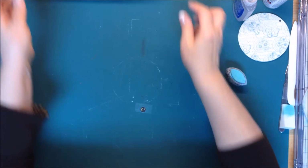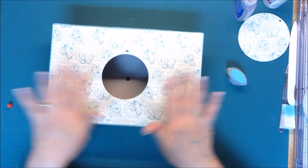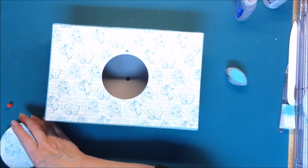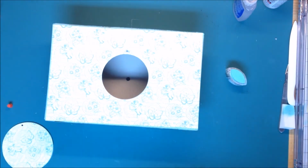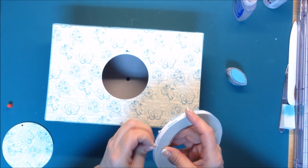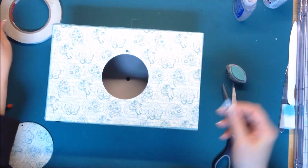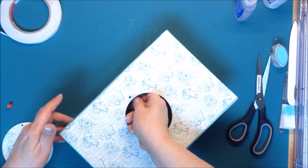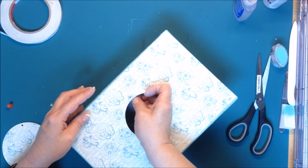Now, what we're going to do, we're going to add this. We'll turn it over. You see how nice and pretty that looks. Now, what I like to do is take a piece of the 1/2 inch or whatever you have of the score tape, and I like to take a little piece and cut off maybe 1/2 inch. Then I like to take that piece and put it on the inside underneath the hole, so you